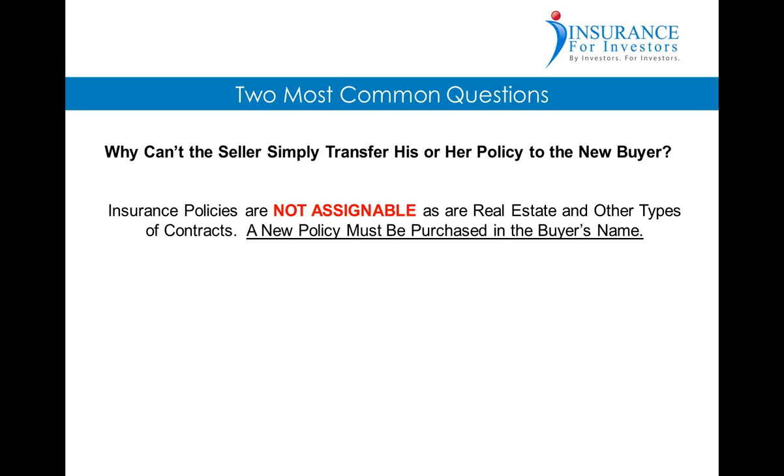The reason for this is simple. That insurance premium was underwritten and designed for the party purchasing that policy, not for somebody else coming in later. So a new insurance score must be reviewed. The property must be underwritten for coverage at the time, its current age, maintenance condition, and other factors that come in. Insurance policies cannot be assigned like real estate and other types of contracts. It just simply can't be done.